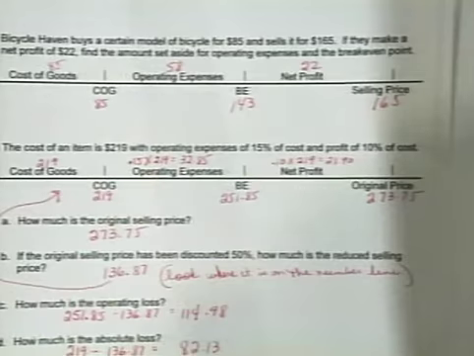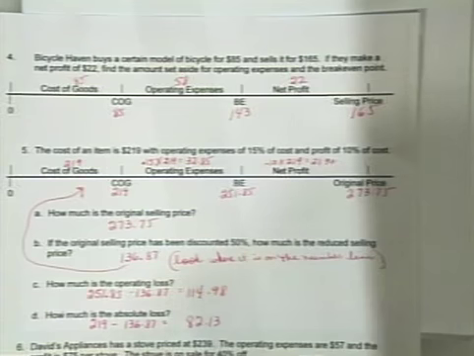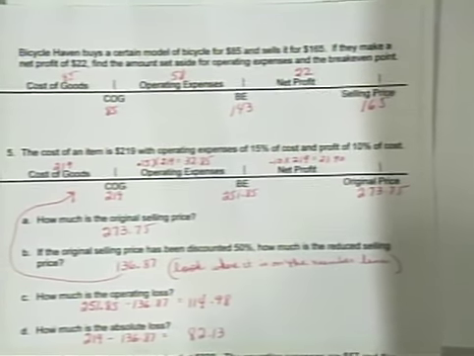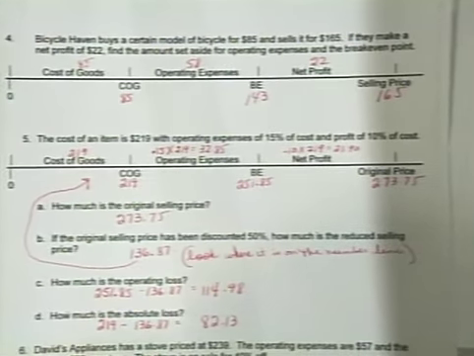Okay, top of the next page. We are now bicycle shop owners. We own Bike Haven. And here's what it says. We are buying a certain model bicycle for $85. That's our cost of goods. We are selling it for